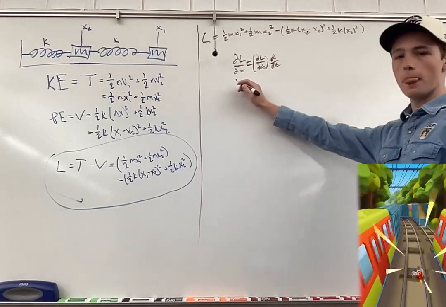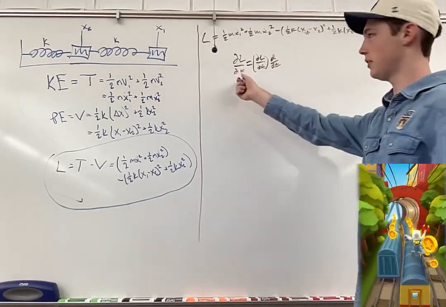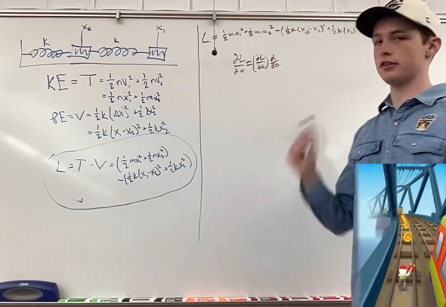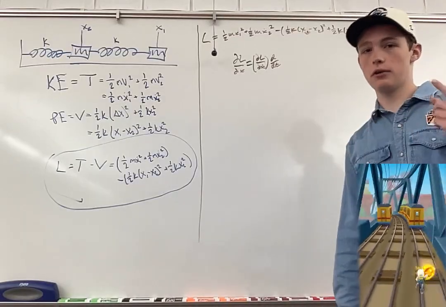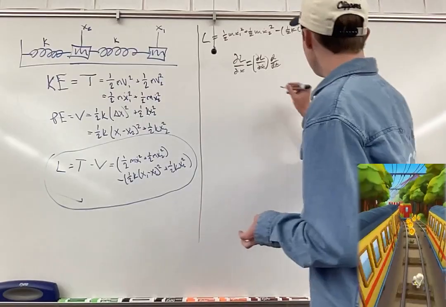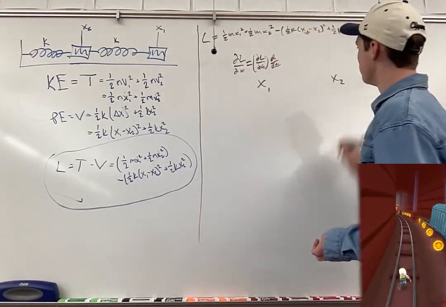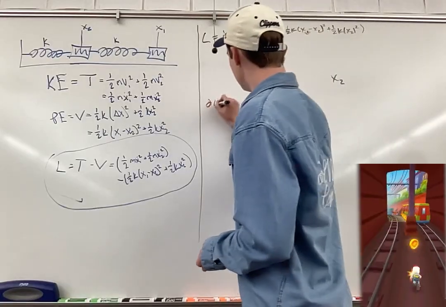So first, we'll find the partial derivative with respect to x, but because we have x1 and x2, we're going to have to do this twice, once for x1 and once for x2, so we'll end up with two equations of motion. So if we have the x1 over here, x2 over here, then